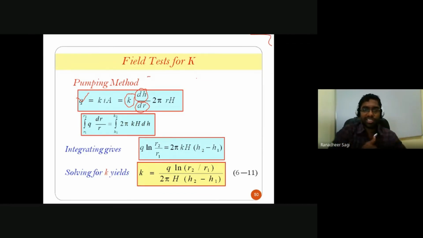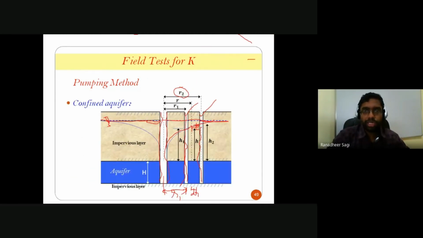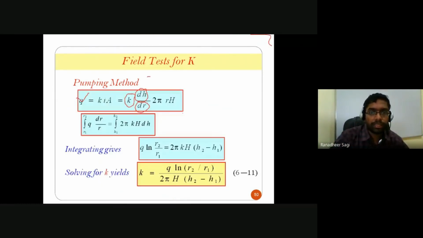So what is the cross-sectional area through which the water is entering into the borehole? It's nothing but the surface area available. The radial distance has an impact, so the surface is 2 pi r, multiplied by the height from which the flow is happening. The height from which the flow is happening is only your aquifer height. So if you look back, the flow is going to happen only through the height of the aquifer into your borewell or the borehole that you have made.